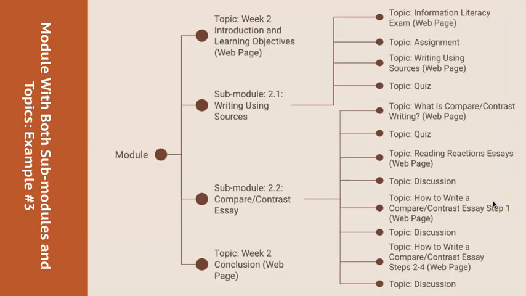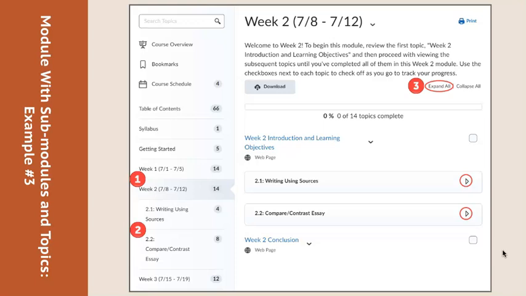The third structural design approach in Llama-Ku is the combination of the 2 previous designs. This module consists of submodules and also topics at the same hierarchical level. Notice that these submodules have many topics. So when you implement this design in Llama-Ku, the module looks cleaner and approachable when the submodules are collapsed.